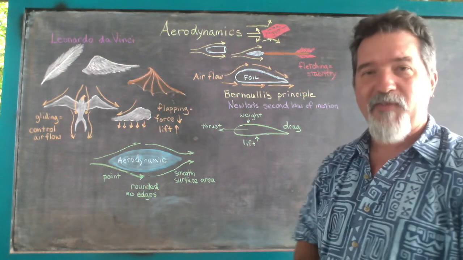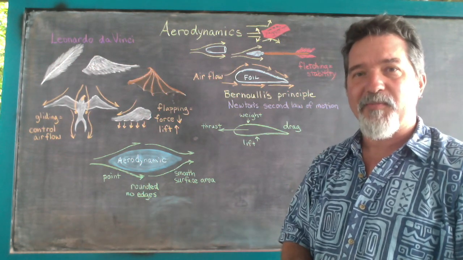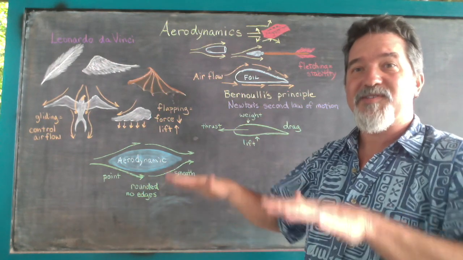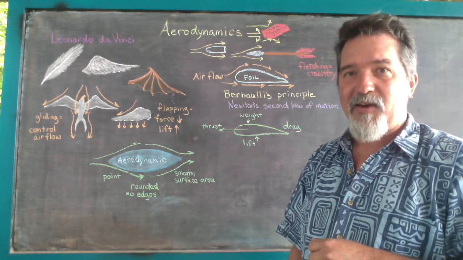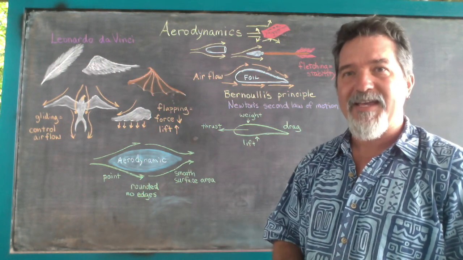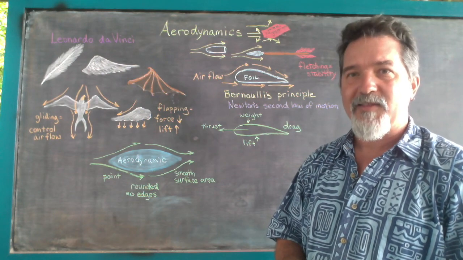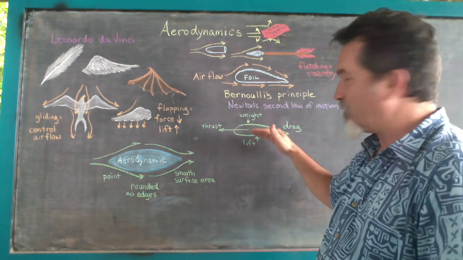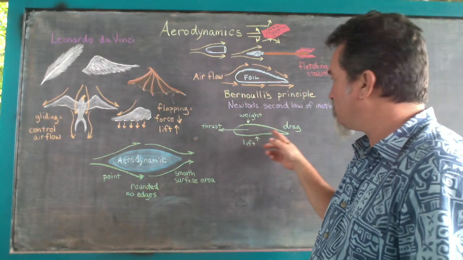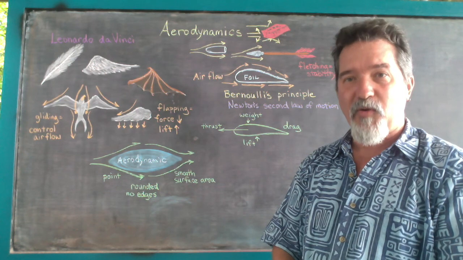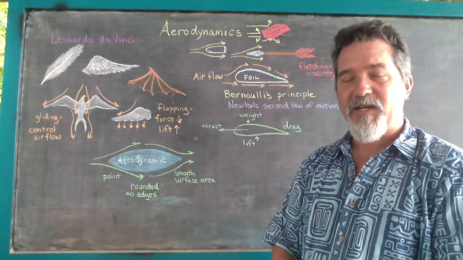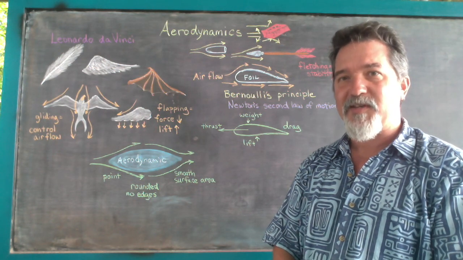Now we have 2 other factors that are always going to come into play as well. There is always going to be the weight of the object that we are desiring to lift. And of course, there has to be enough wingspan and enough surface area in a wing in order to create enough lift to be able to take that object off of the ground. And the lift, of course, is going to be influenced by the shape of the lower part of any kind of wing. So these 4 things working together have to find a perfect balance in order for something to be able to fly.